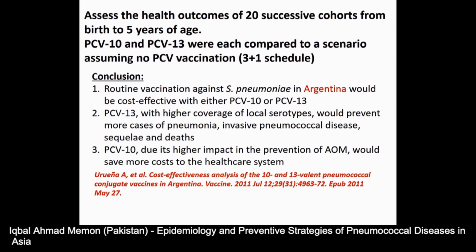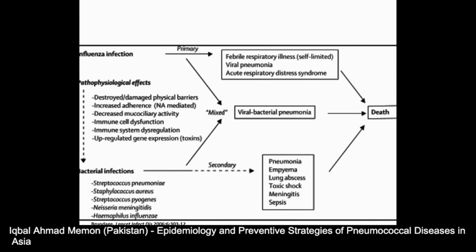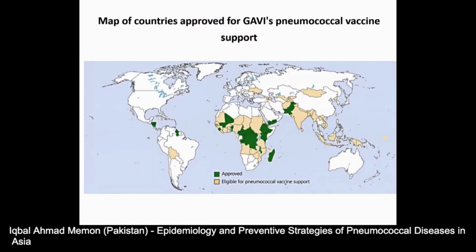And this was also further studied in Argentina, that it has not only impact on IPD, on pneumonia, but also on acute otitis media, making it even much more cost effective. And I think it's important to mention when we talk about pneumonia deaths and consequences, then influenza as a partner of pneumonia must be kept in mind, and it takes a different course of things to end with complications and deaths. And flu vaccination may be one component that will be the way forward whenever we want to attain and achieve